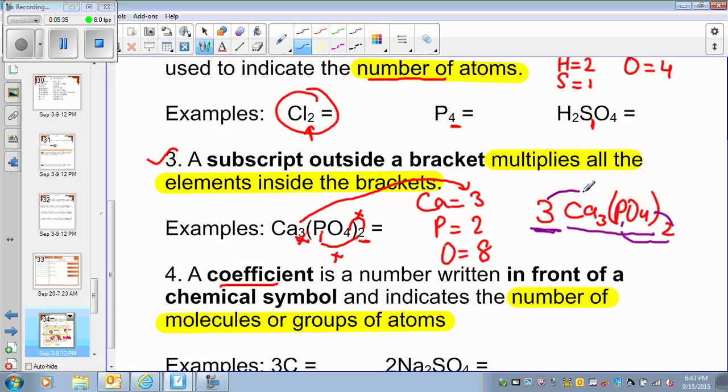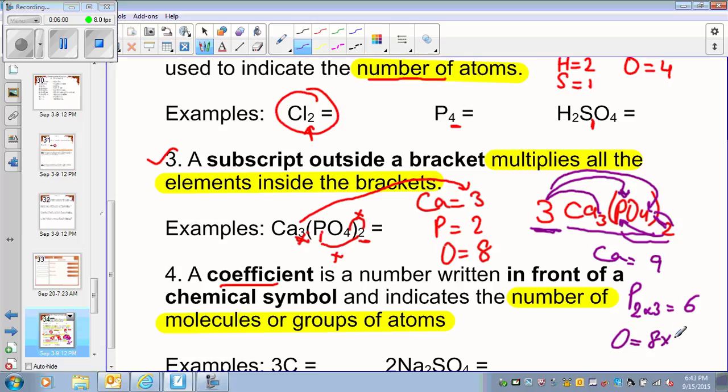So it multiplies with calcium, giving 9 calcium. It multiplies with phosphorus: I have 2 phosphorus already, so phosphorus will be 2 times 3, which is 6. It multiplies with oxygen: I have 8 oxygens already, and multiplying by the 3 in the front,